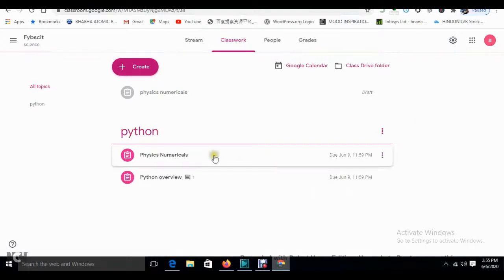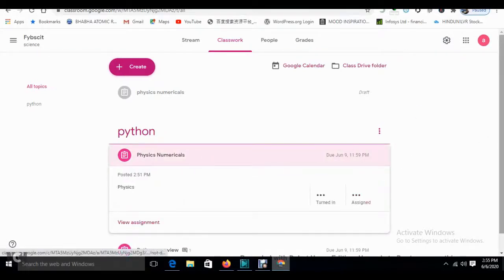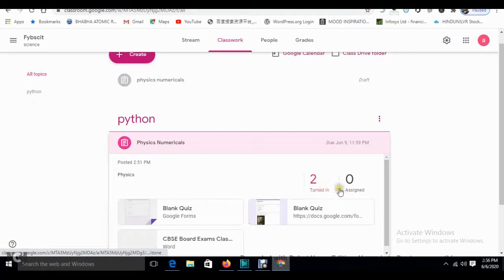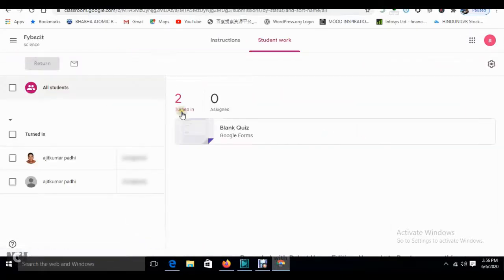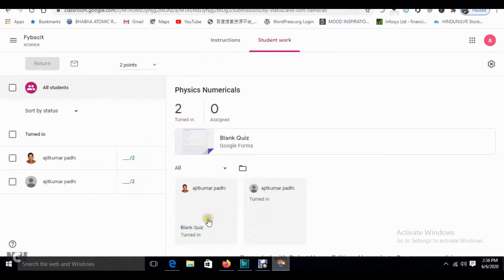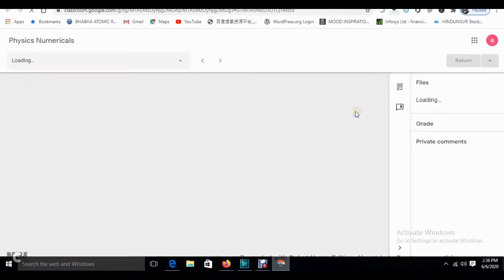See, we'll click, see over here. Now what it shows, turned in 0, all have assigned. We'll check the assignment. Now the assignment assessment part is there. Now what we'll do is we'll check the links, this student's link and this. I will check this first. Actually I copy pasted both the same, so you can make that correction.